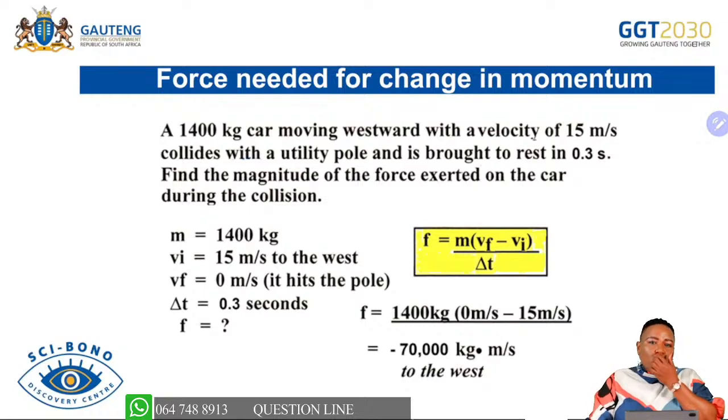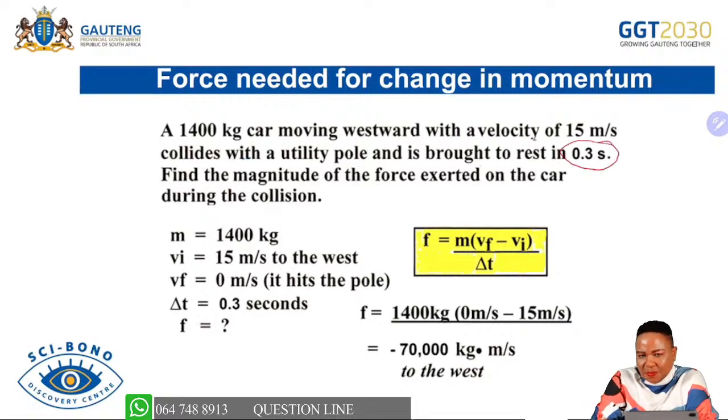So there must always be a reason why we are doing some of the principles in physical sciences. So let's look at the relationship, because of the force needed for the change in momentum. Now here is a problem, which is also another example. A 1400 kg car moving westward with a velocity of 15 meters per second collides with a utility pole and is brought to rest in